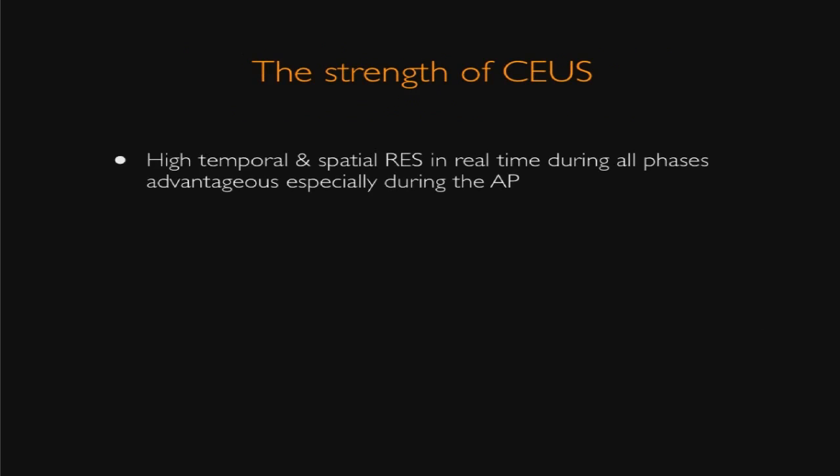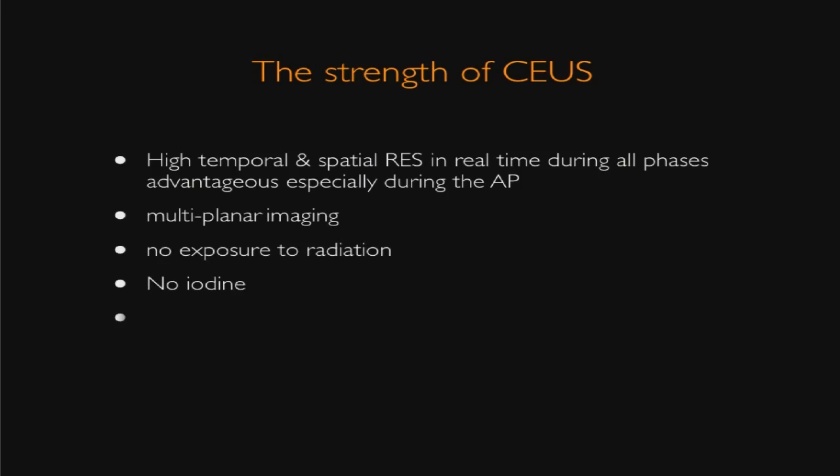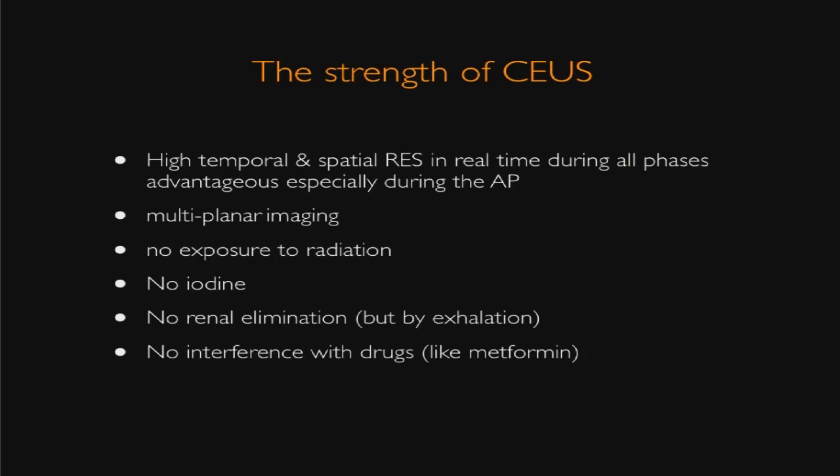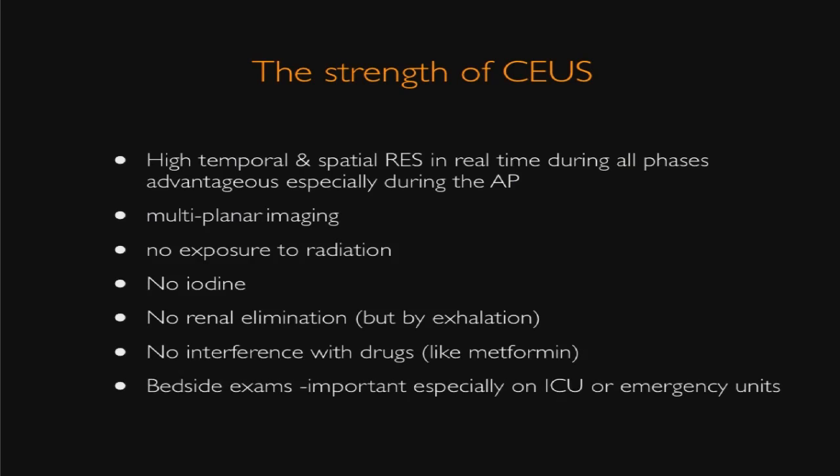So what are the strengths of CEUS and why do we love it? Number one, it has a high temporal and spatial resolution in real time during all phases, which is especially advantageous during the arterial phase. It is a multiplanar imaging technique. It has no exposure to radiation. We have, of course, as you all know, no iodine. We have no real elimination, but it is eliminated by the lungs. No interference with drugs like metformin. We have bedside examinations, important especially on ICU patients or emergency units, and it is repeatable as often as clinically